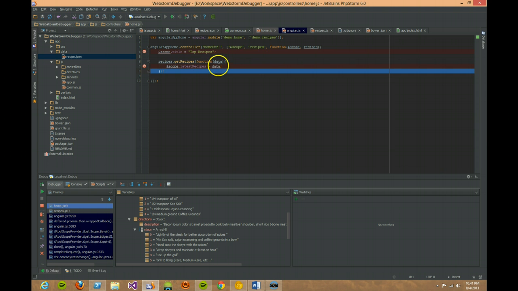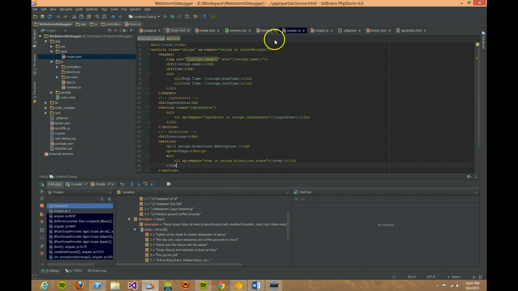And what I'm doing here is appending this data into my latest recipes. This is just for an example. And then what it does through Angular, if you guys have worked with Angular before, it takes that latest recipes object, and we can add it to this article, and we repeat it. So it's like a repeater. If you work with .NET, there's repeaters that you can use. Anyways, you repeat through it, and you set a variable that you can use to